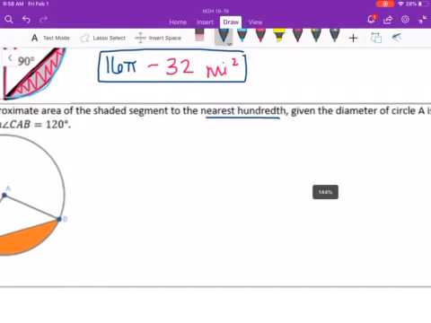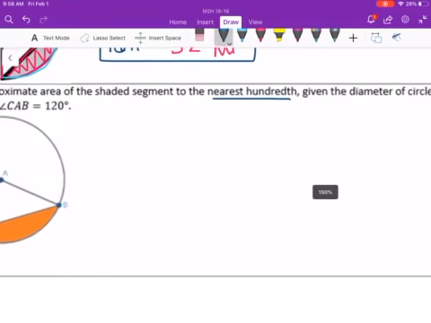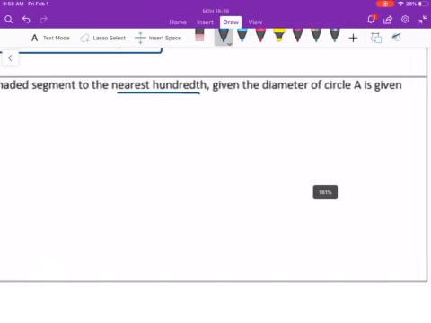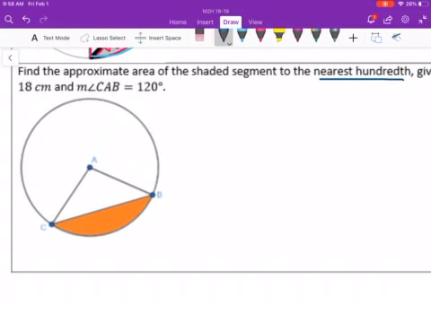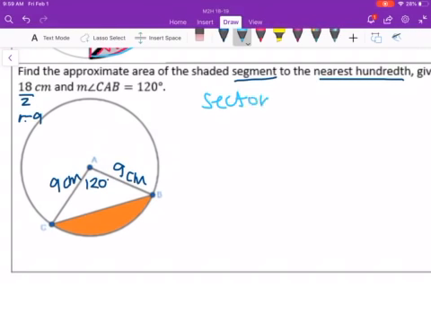Okay, given the diameter of circle A is 18 centimeters and the measure of angle CAB is 120 degrees. Now, if the diameter is 18, you divide it by 2 to get the radius, so the radius would be 9. So we can put 9 centimeters, 9 centimeters. Now, because it's a segment, once again, it's the same thing of sector, area of the sector minus the area